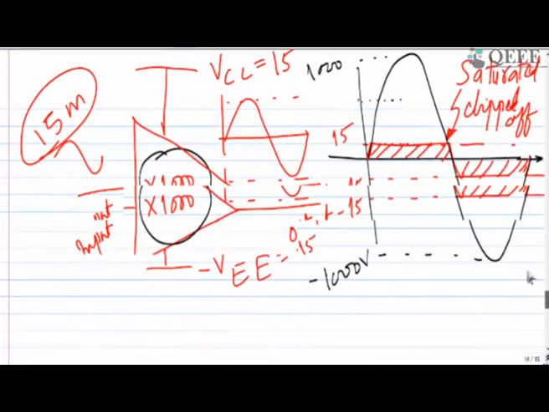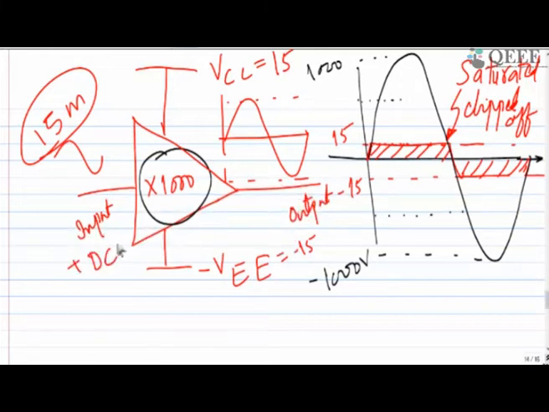Let's say input plus DC will be there, and that shifting of DC, because right now the DC value was 0, if it is shifted by a little bit,